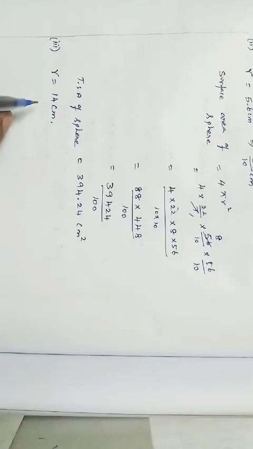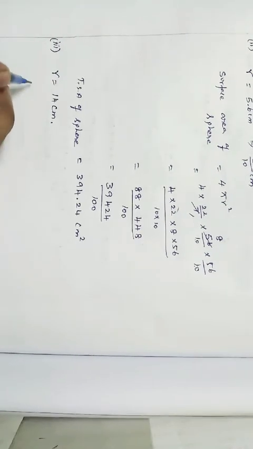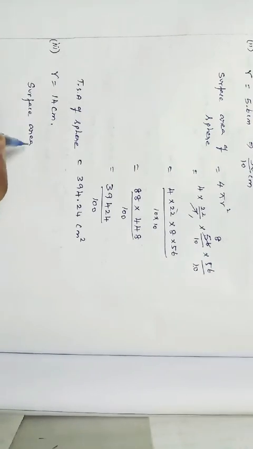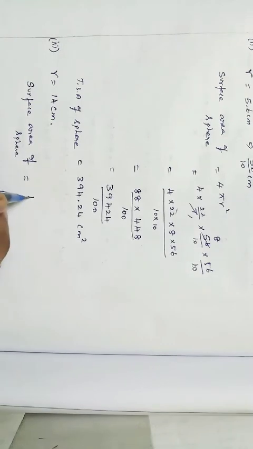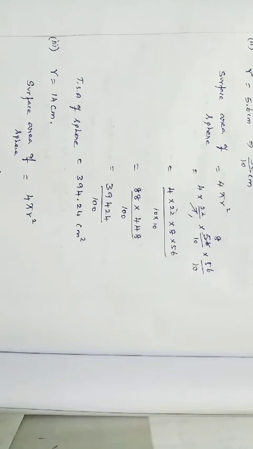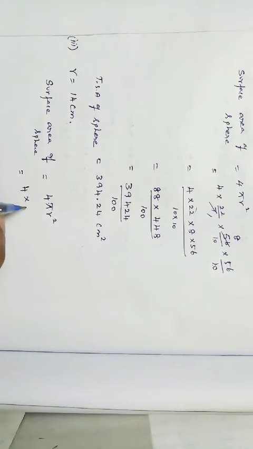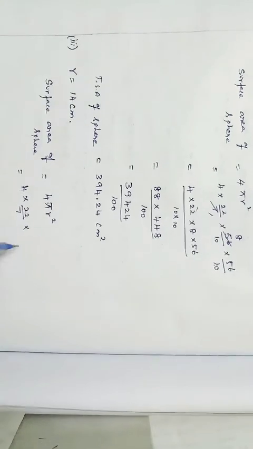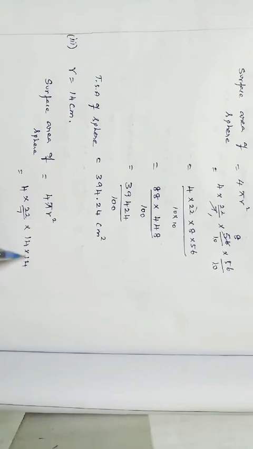Here it is not in the form of decimal form. So directly you can substitute and find the solution. Surface area of a sphere is equal to, what is it? Formula 4 pi r square, right? See, r is nothing but 7 multiple. So substitute the value of pi is equal to 22 by 7. 4 into 22 by 7 into, what is the value of radius? 14. R square. So 14 into 14, right? 14 square, 14 into 14.